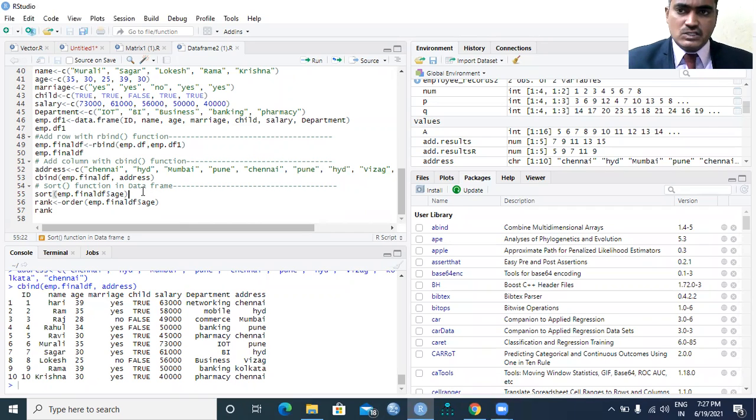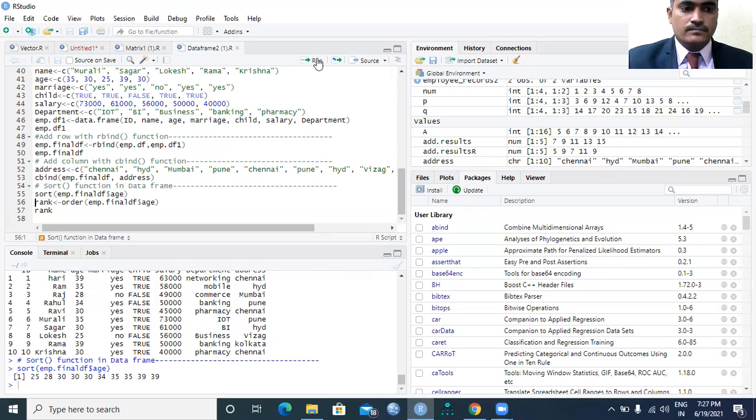Even we can sort the data available in a particular file. I want to perform a particular operation: I want to sort the employee age. See here, from least employee age to highest employee age, it's been successfully sorted.